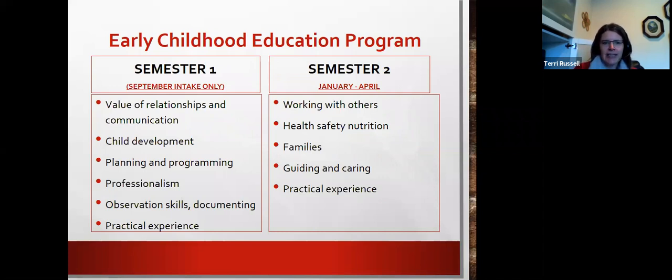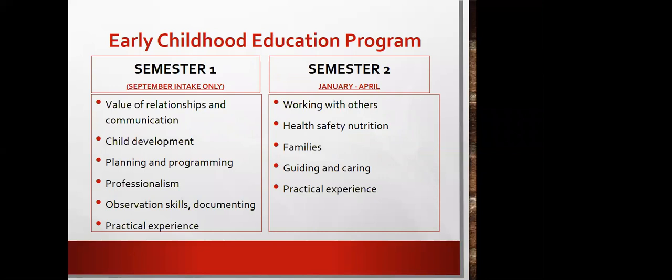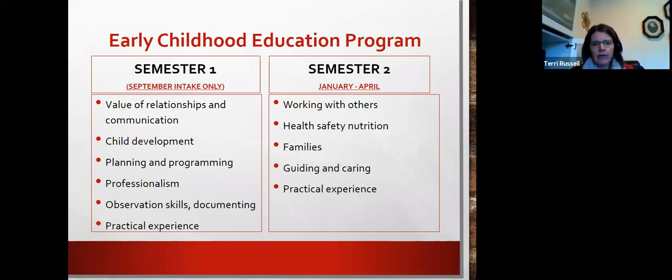Students are quite busy. We have one intake only, and that intake starts in September of every year. Our semesters follow the same semester system as a university transfer course: September to December, January to April. We do not have any semesters that run through the summertime other than our infant toddler, which I'll get to